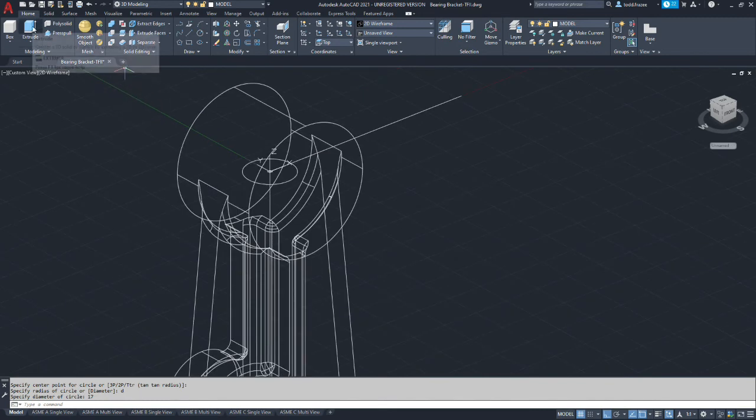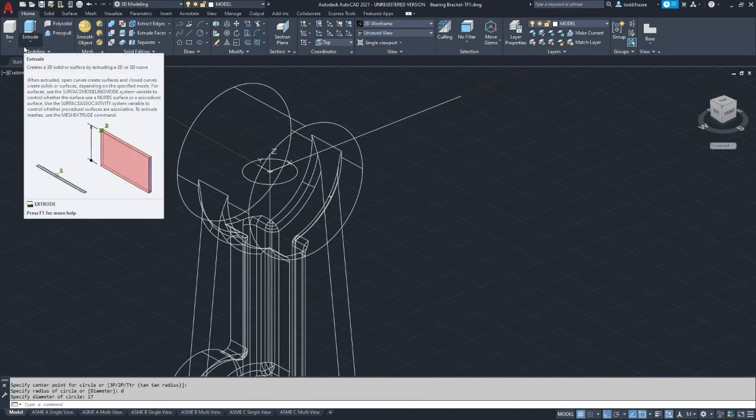And now we're going to calculate the height of that. So the overall height of our boss, from the very base of the part, is 162 millimeters. But the center of the bore is 133 millimeters.